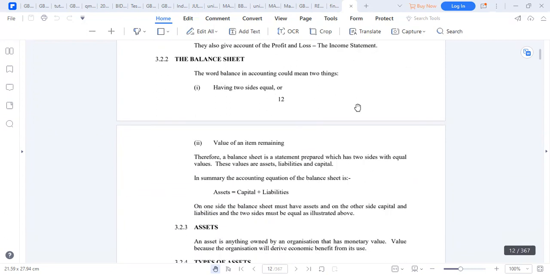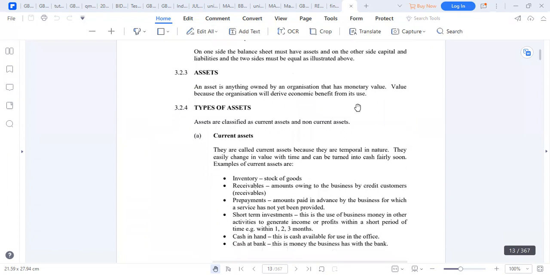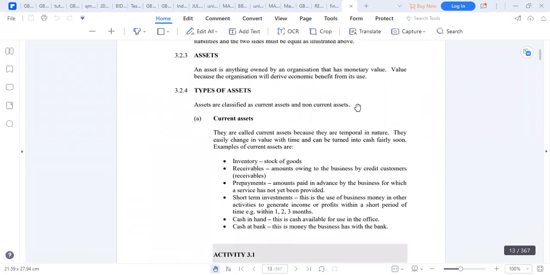Now, each of these have the following variables. We talked about assets. Assets are what the business owns, and these ones must be in monetary value using the monetary concept. So the types of assets were enlisted as follows. We talked about current assets and non-current assets. Current assets are simply called current assets because they are in a temporal state. These ones change in nature over time within a period of a year and below.